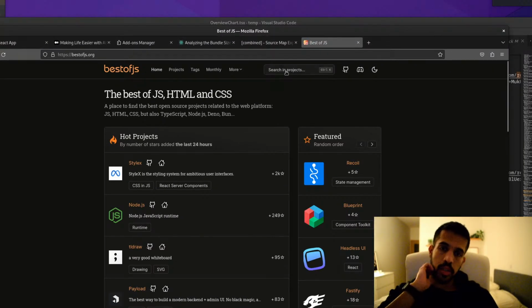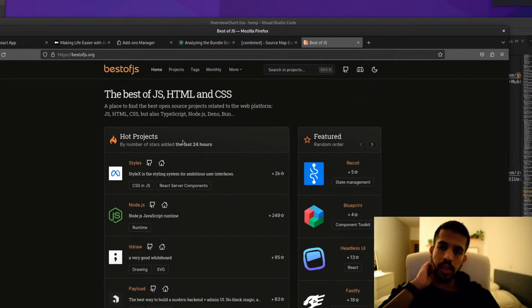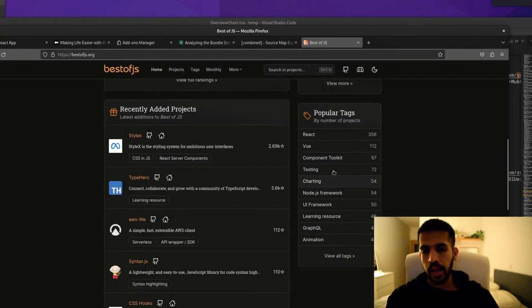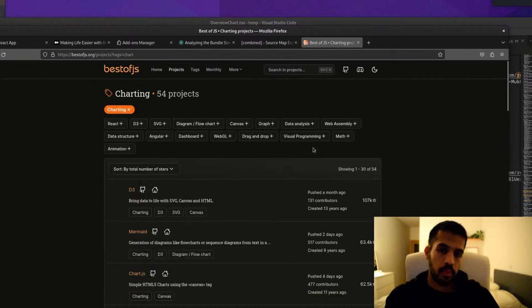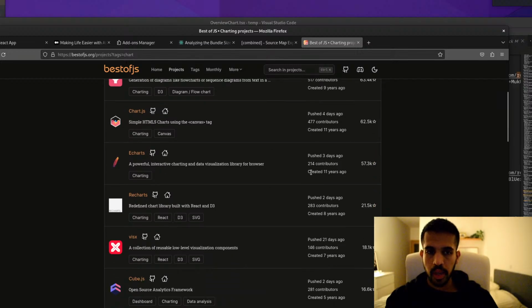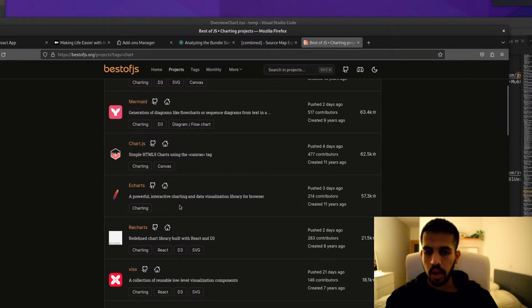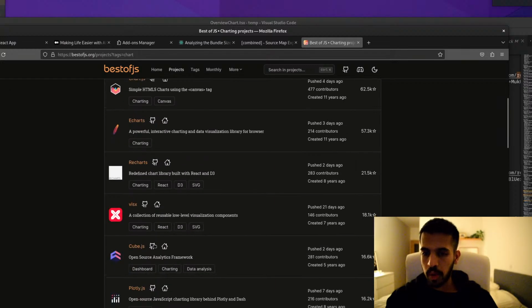Yeah, so this is an interesting site. Actually, it gives you a whole bunch of libraries and packages, and it ranks them based on the stars that they have gotten, and it also tries to categorize them based on what they do. So, for example, in this case, charting, right? So I just want something that shows a bar chart and is not super powerful.